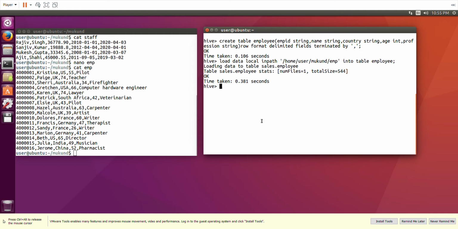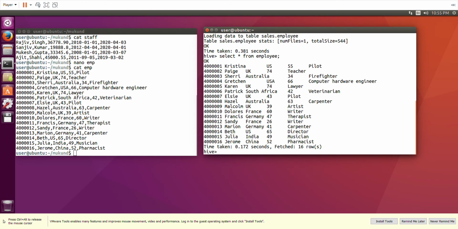First of all, let us see whether this table has been created. So say select star from employee. So this is created. Let us also see if the employee is created.